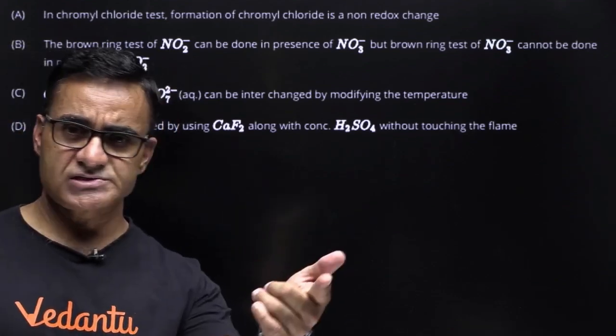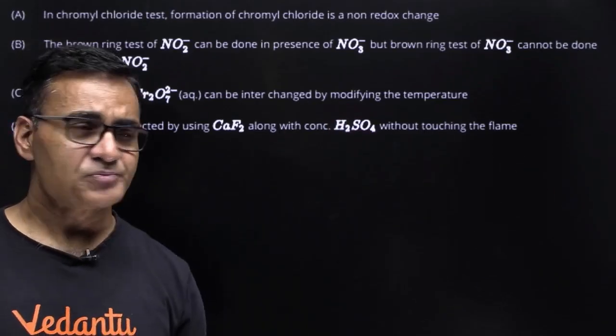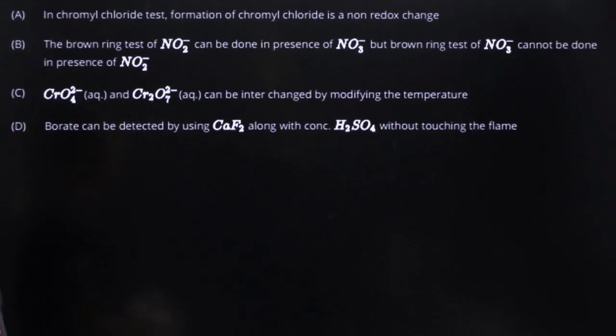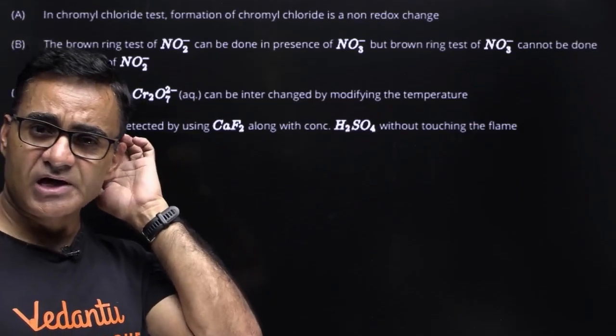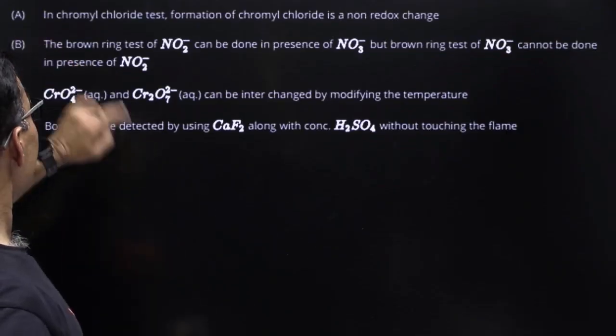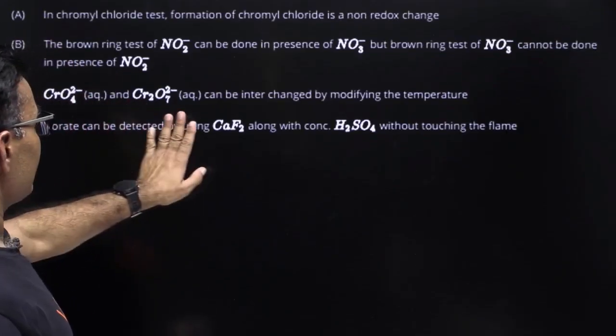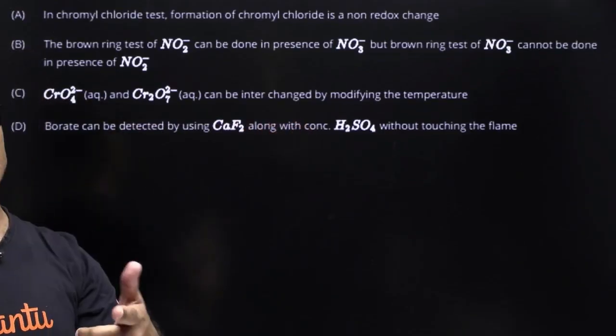करते हैं, कॉन्सेंट्रेटेड एसिड से करेंगे तो भी चलेगा, क्योंकि जो डाइल्यूट से टेस्ट दे देते हैं वो कॉन्सेंट्रेटेड से भी दे देंगे, लेकिन जो नाइट्रेट आयन है वो डाइल्यूट से टेस्ट नहीं देगा। नाइट्रेट आयन का जो गैसियस प्रोडक्ट बेसिकली बनता है जब हम एसिड डालते हैं, उसके लिए कॉन्सेंट्रेटेड एसिड चाहिए होता है, तो इसलिए ये करेक्ट स्टेटमेंट है। क्रोमेट एंड डाइक्रोमेट कैन बी इंटरचेंज बाय मॉडिफाइंग टेम्परेचर, ये गलत है। एक्चुअली ये पीएच कंट्रोल रिएक्शन है।